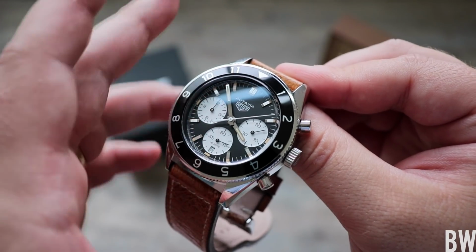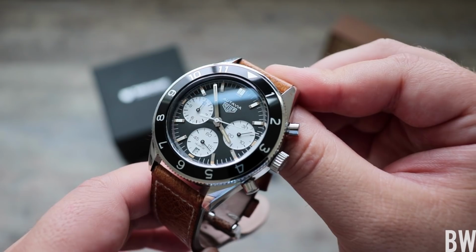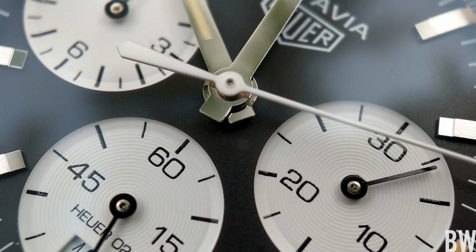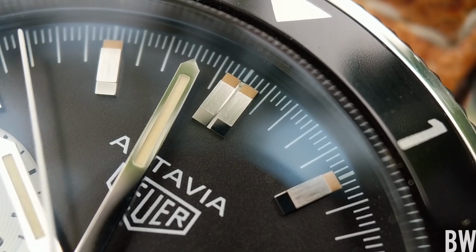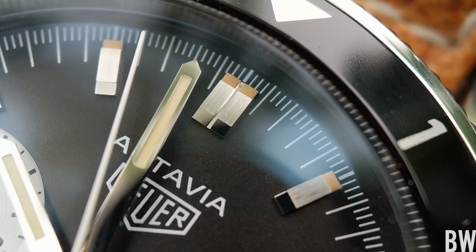So again, I really like what I'm seeing here. This is a nice execution. There's some rich dial details. I love the reverse panda layout here and the concentric circle texturing found on those registers. Look at the applied markers. The dominant finish is a satin brushing that looks very sharp and carries an inner high polish facet,